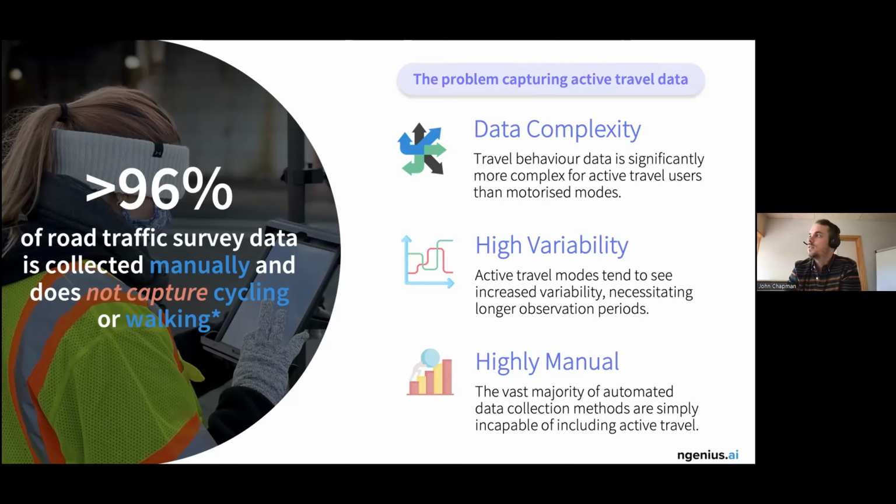All this kind of thing is just much harder to quantify or guess at because those paths just aren't as defined. And that means that the way to capture this data at the moment is highly manual. So for the majority of the way, when people are looking to input schemes, to get that micro level data of how people really interact with a new junction, what is still being done 96% of